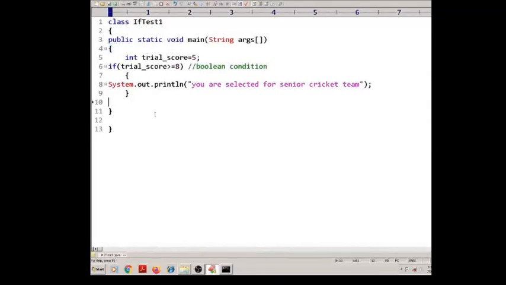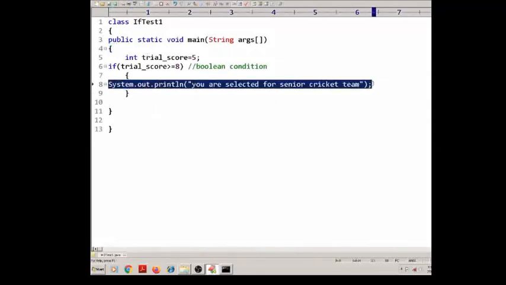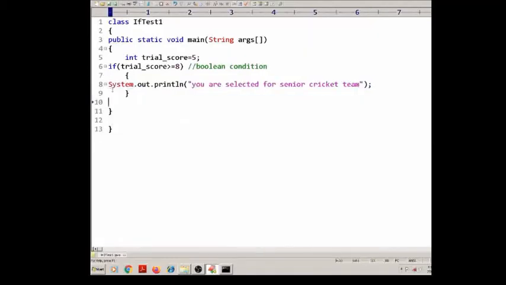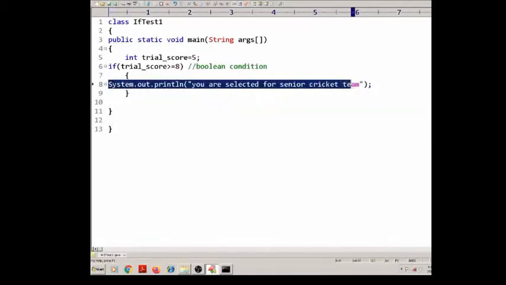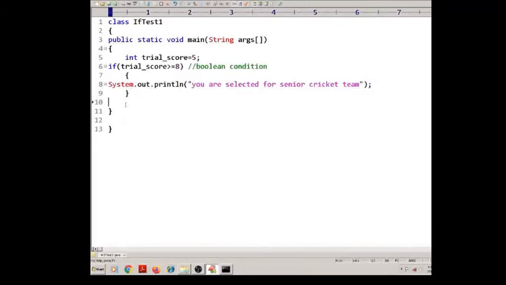So you can display a message here also. This statement will not execute. You are not selected for senior cricket team. I want to change the class name to Test2.